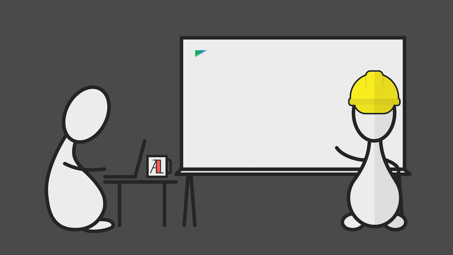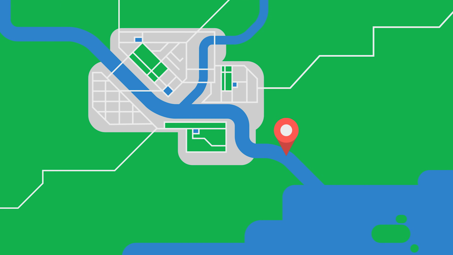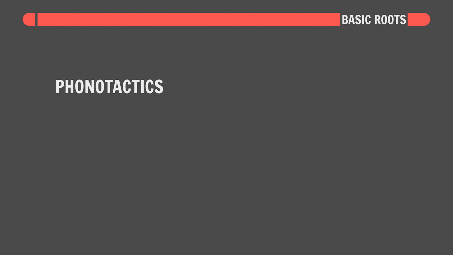Like let's say I'm mapping and I need a word for river, stream, brook, etc. First thing I do is construct a basic root word for the concept of river. My language's phonotactics allow for a max syllable structure of CCVCC, but I tend to choose something smaller for my roots to allow for future expansion. Let's say CVC. I then go to my phonemic inventory and begin selecting sounds.